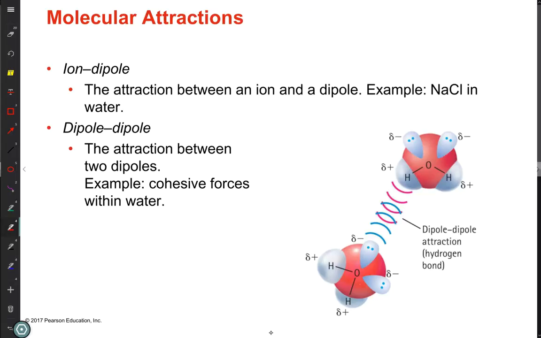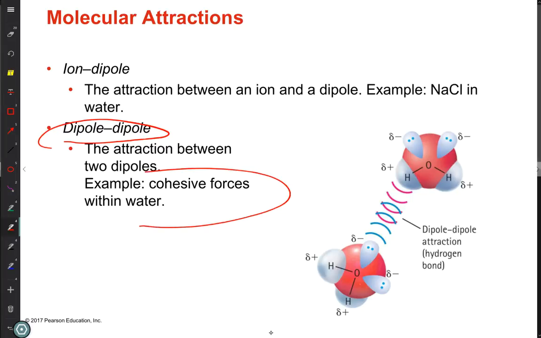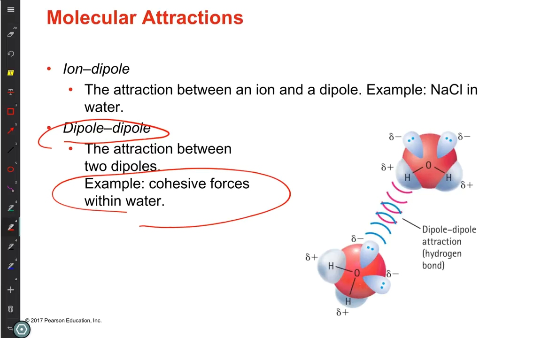Next is the dipole-dipole. The hydrogen bonds are actually an example of a dipole-dipole, but it's where you have something that has a dipole, so it has positive and negative charge separated, and then the positive and negatives will attract, holding them once again together. So it's weak, and like I said, it's the cohesive force between water. Those hydrogen bonds are dipole-dipole. Third type,